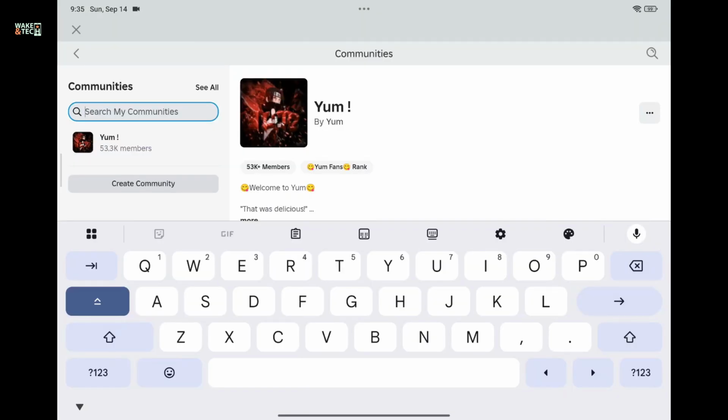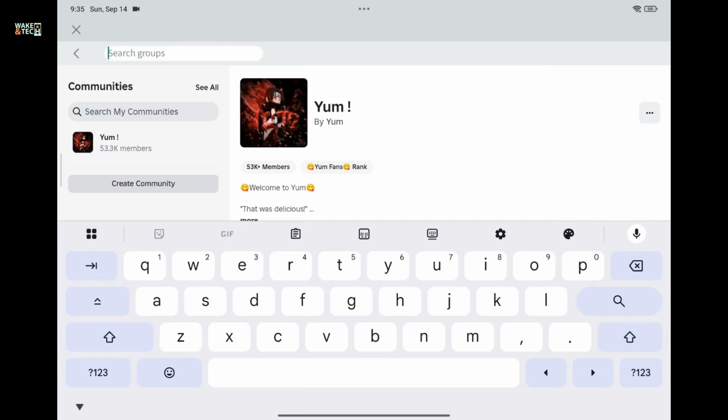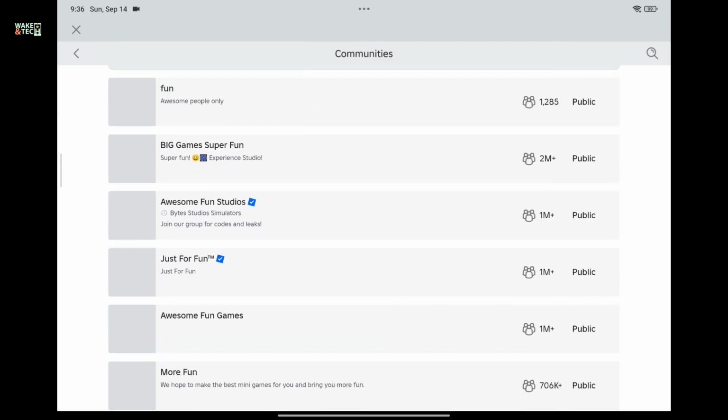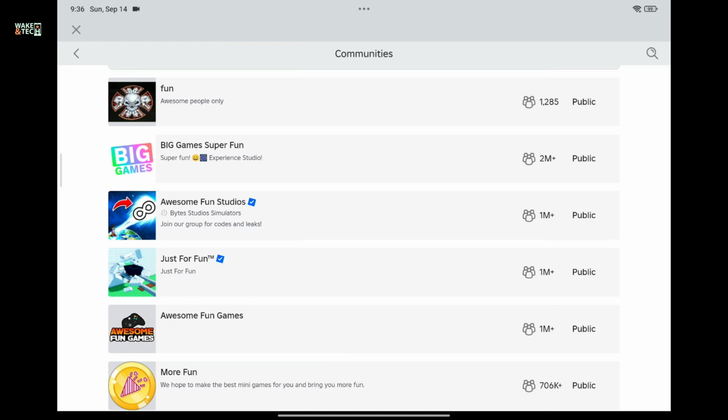In the Community tab, go to the top right corner and tap on the search icon and write down the name of the community or group you want to join. Once you see the search result for your name, go ahead and select one of the groups and then tap